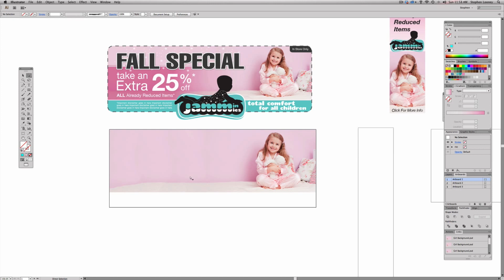That's going to look funny. And that's why I added all that extra space. Say I wanted to pull her down even more. I have all this extra background wall space, or whatever you want to call it, to work with. So now what we're going to do is come up here and make